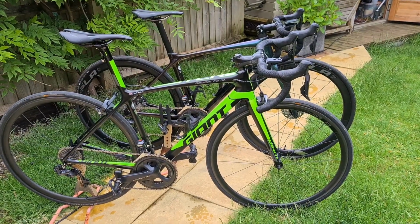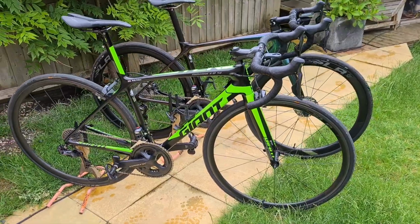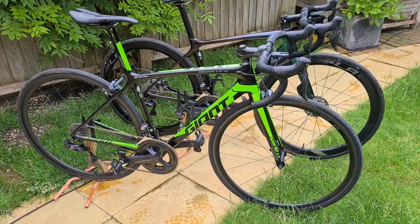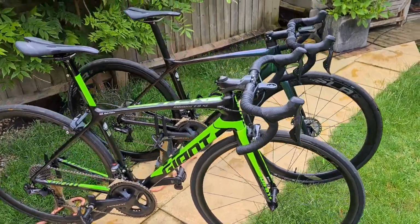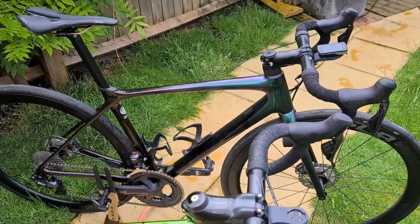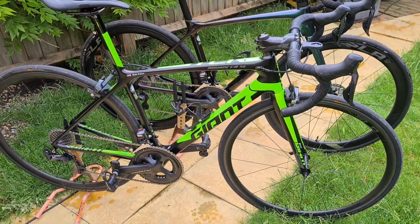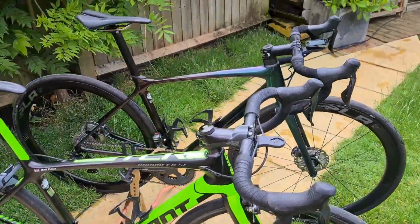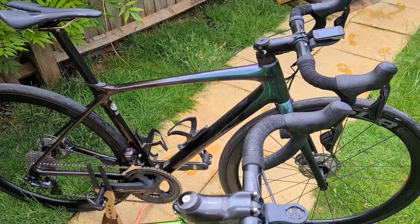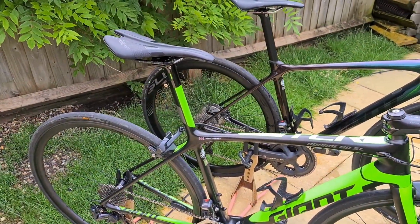So as a follow-up to my last video, I thought today we'd actually have a look at a previous generation TCR SL Advanced and then my new Advanced Pro Zero disc. So this is the sort of 2017, I think this came in, 2016 maybe, and then obviously this is the new 2021. Now there is a massive caveat, which is that this is an SL, so it's got the integrated